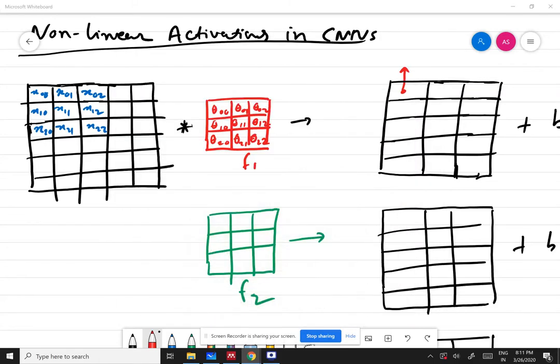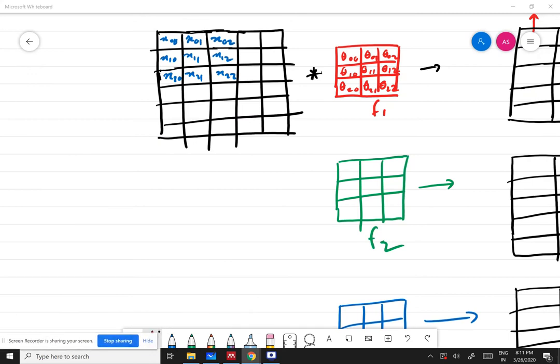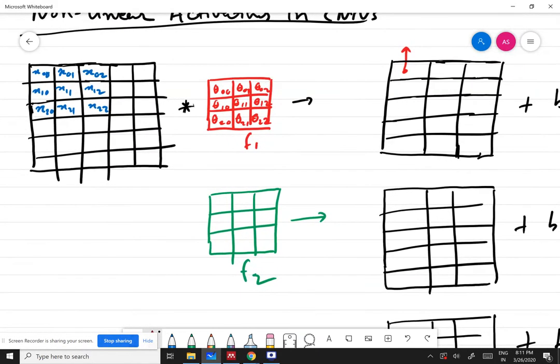Hi, this is the second lecture under the series of convolutional neural networks. So we have already discussed the basics of a convolution operation and how the convolution operation can be used to create transformations between layers. Convolutional neural networks help us to reduce the number of weights, or number of theta values, which are required for transformations from one layer to another, and significantly reduce the number of parameters which need to be